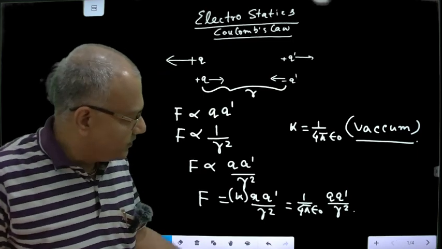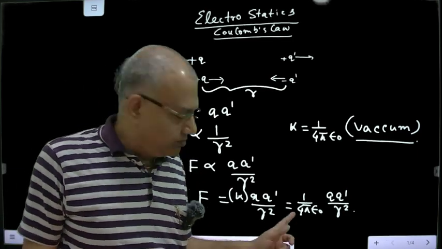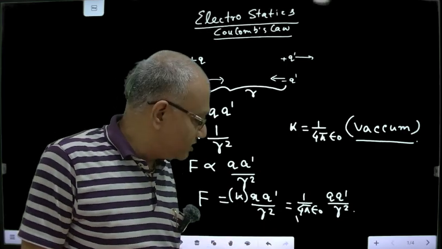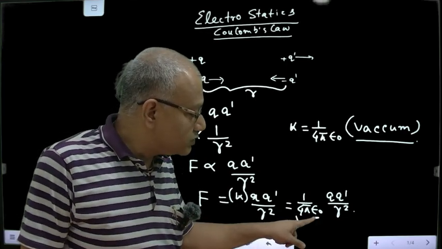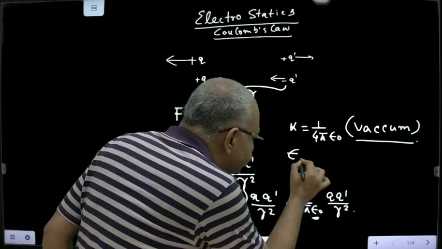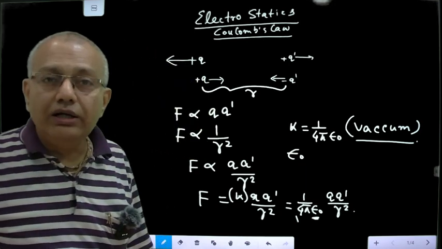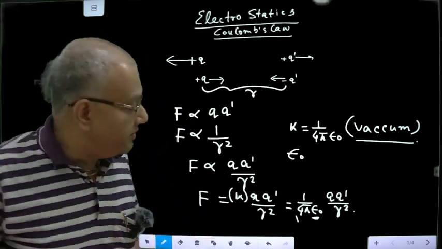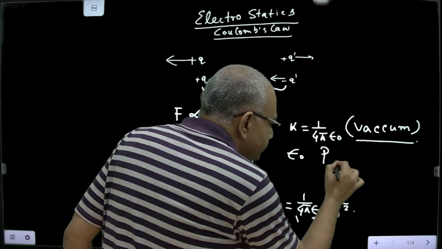What is this thing? 4 pi is a constant number, no? 4 is a constant number, pi is a constant number. So what is the special? This one, epsilon naught. Epsilon naught is called permittivity of vacuum. It is a special thing. It is called